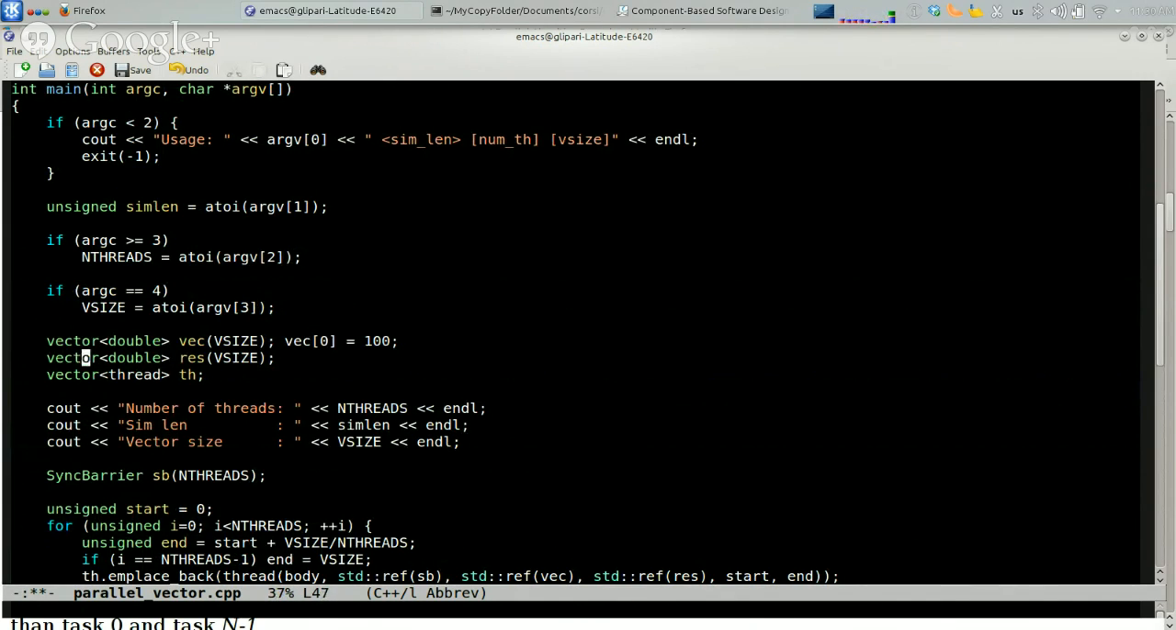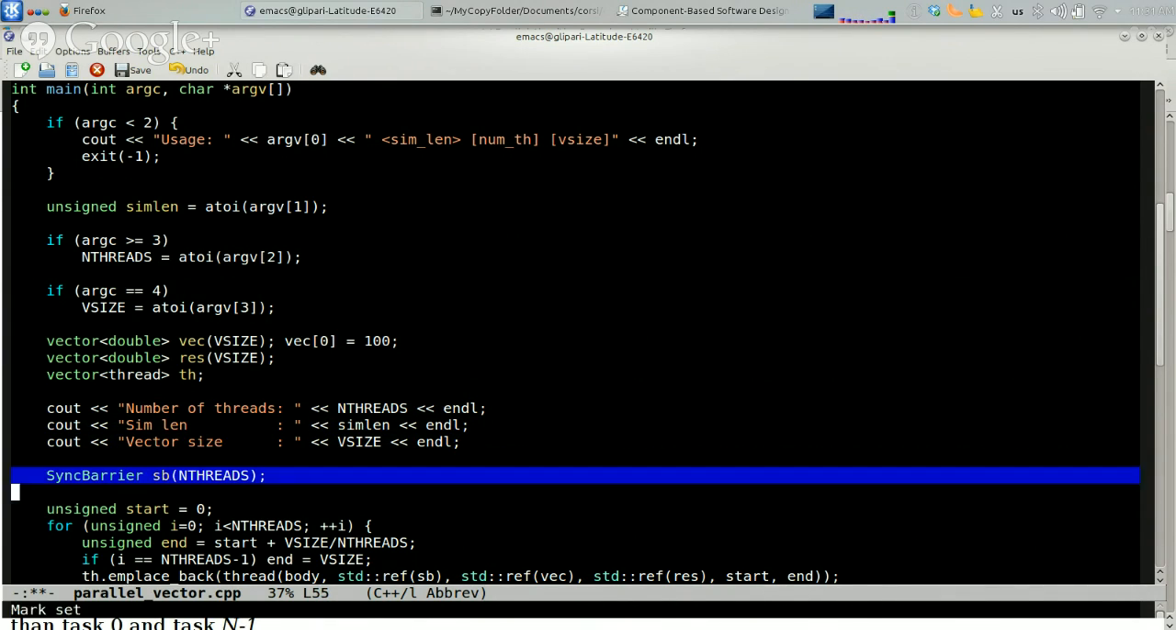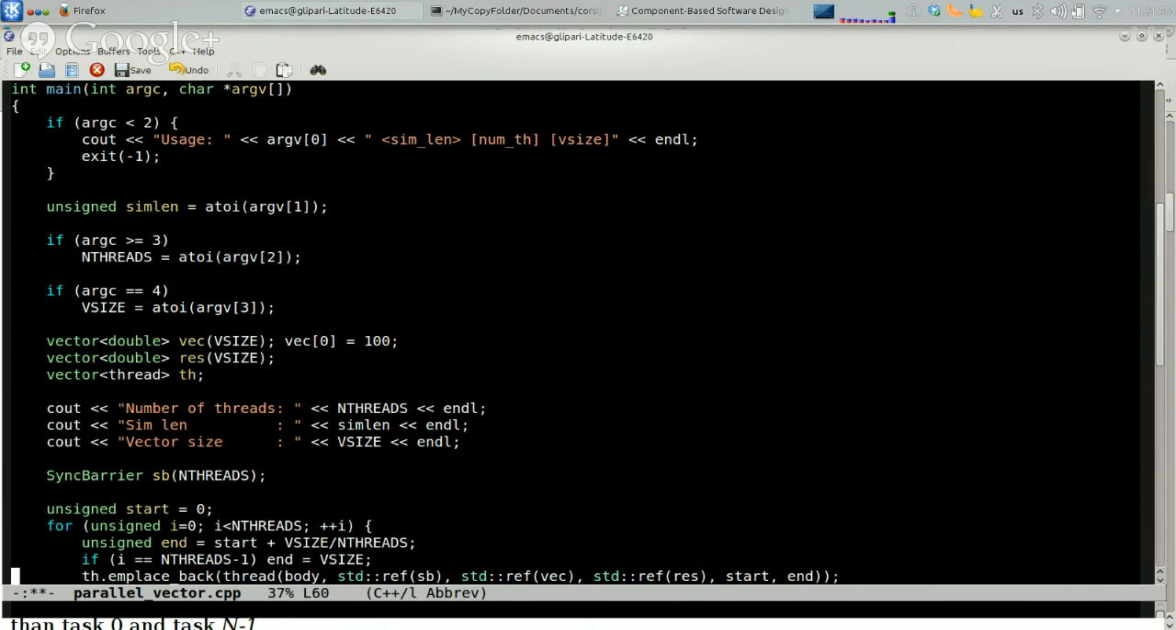Okay. Then I size the two vectors vec and res equal to v sides, and by default they are initialized to 0. I also initialize the first element of the vector to 100. So it's like I have a very hot spot on one side. I want to see how this evolves. Then I print the parameters with which I'm running everything. I prepare a synchronization barrier, and then